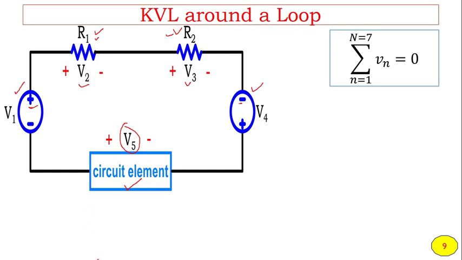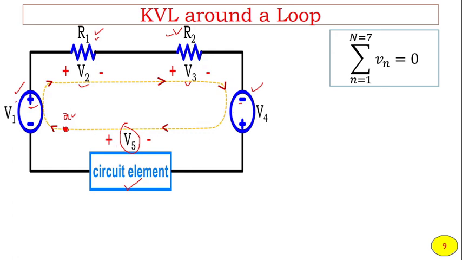Now we wish to apply KVL in this loop. So the step number 1 is to draw a loop and choose the direction of traveling. Let's take it clockwise. Step number 2. Let's choose the starting point, which is going to be the end point also. In the figure, let's take it A. Now step number 3. Start traveling from this point A around the loop in clockwise direction and write the voltage across each element encountered during this travel.